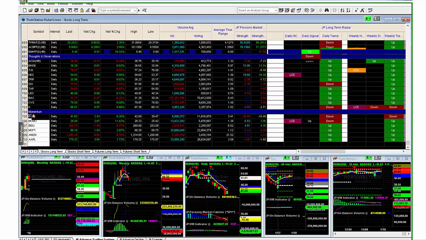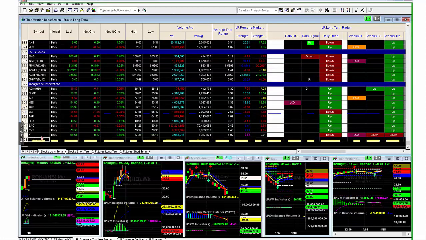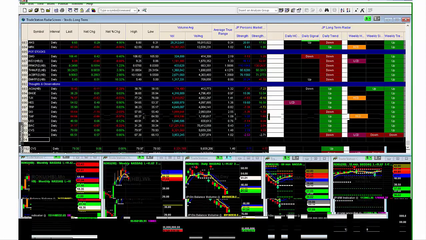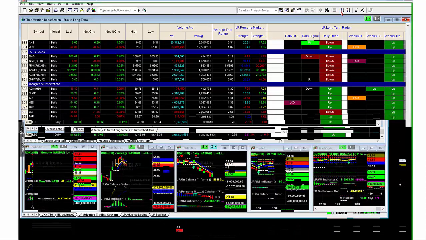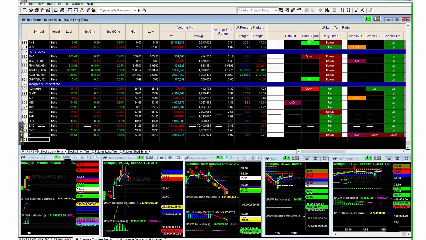Real simple. Let's say something happens and you, as a human being, forget, don't see, or you're in a hurry, and you go to close out of TradeStation, which would be the far upper region X. So I have to bring it into focus for you.